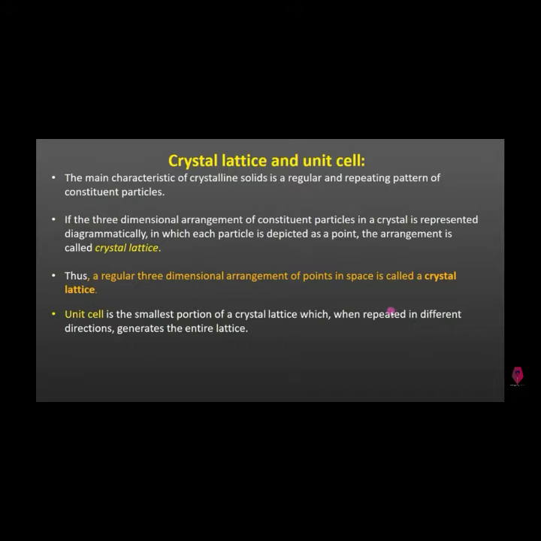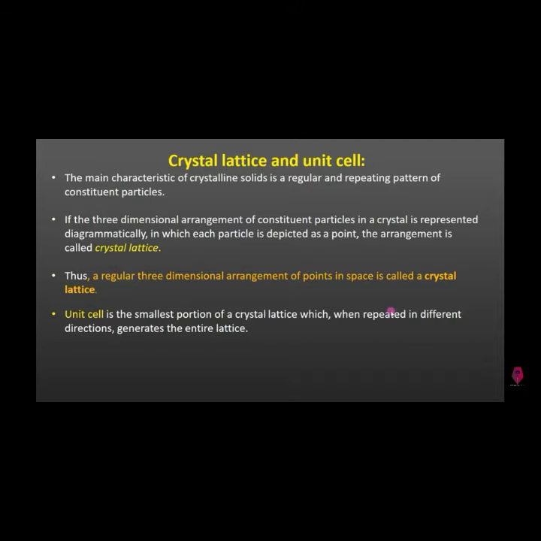A crystalline solid is characterized by a definite orientation of atoms. For example, if we take sodium chloride, the sodium and chlorine, these two atoms are present, and ions mean sodium ion or chloride ion are present. If it is a molecule, for example, ice cubes, that is water molecule, H2O, in all the lattice points. Lattice points means where the atoms are located in a crystal lattice. So they are having a definite orientation of atoms, ions or molecules relative to one another in a three-dimensional pattern.